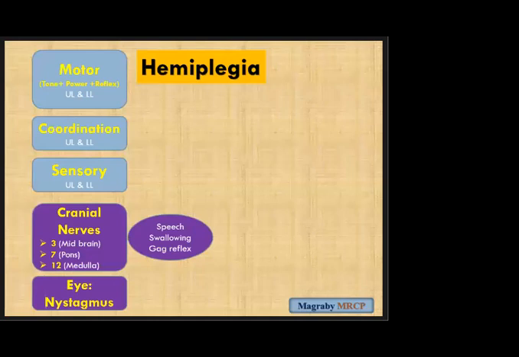After that, the most important also is the gait of the patient. Don't forget to examine the gait of the patient, and we will mention if this case is hemiplegia in shock stage, so there will be paraparesis and the patient cannot stand well. Okay, but if this is old hemiplegia or old stroke, there will be a